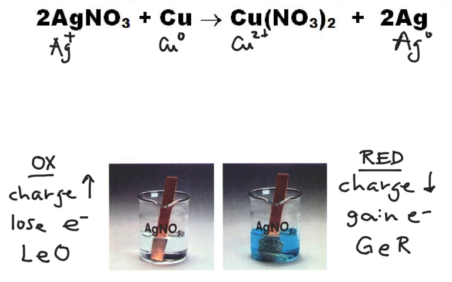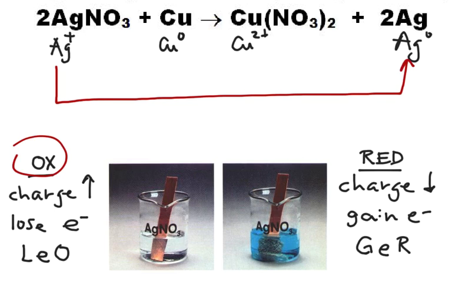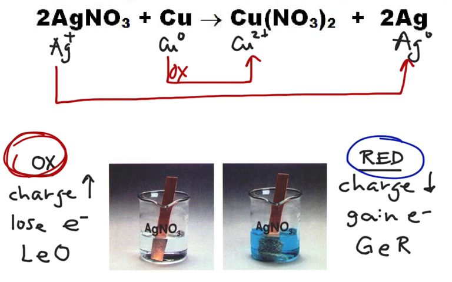Now, how do we recognize whether something is oxidation or reduction? We look a little closely, and one of the ideas for oxidation is that the charge increases. So here we have silver ions turning into silver metal, and we have copper metal turning into copper ions. So we can see that the copper is being oxidized and the silver is being reduced because it's going from plus to 0. So one thing to watch for is what's happening to the charge. When the charge is decreased, that's reduction. When the charge is increased,